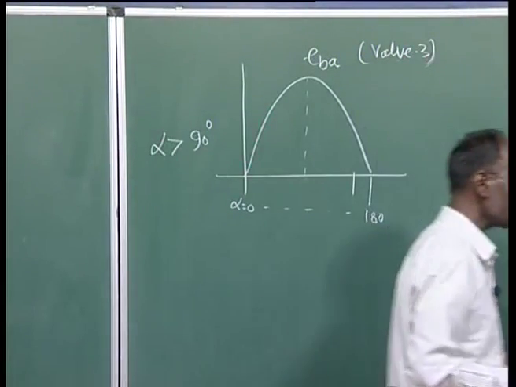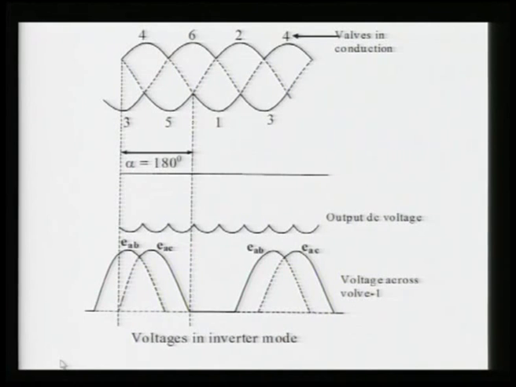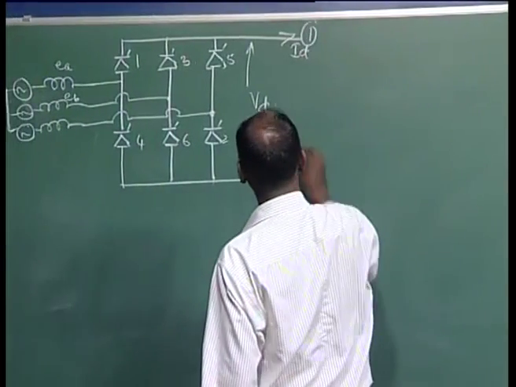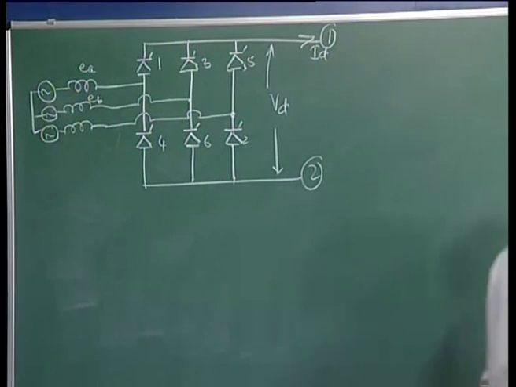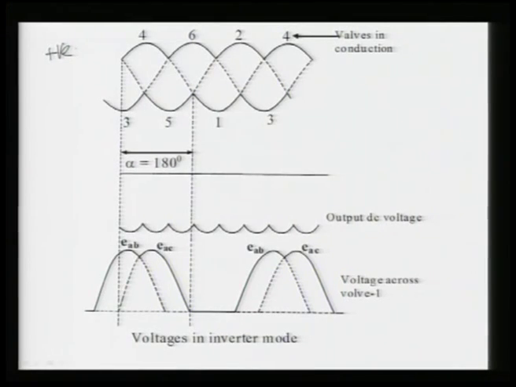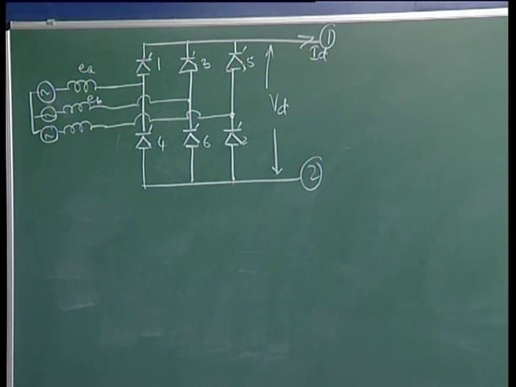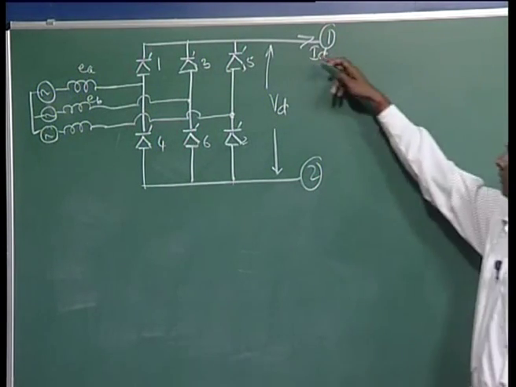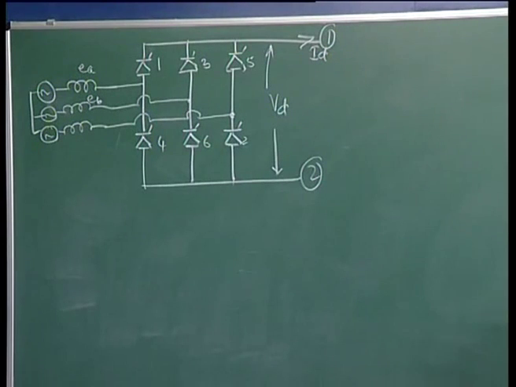Then we can get the following voltage. Here you can see the valve numbers in this figure, that is valves 4, 6, 2, and they are conducting during that period. The first portion is showing the voltage at your first terminal, here is terminal 1, here is 2, I can say top and bottom. So, the upper portion shows the top voltage and the lower one shows this, and your output voltage will be this minus this, the instantaneous voltage across the link.